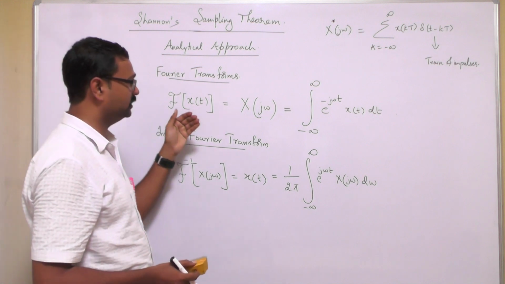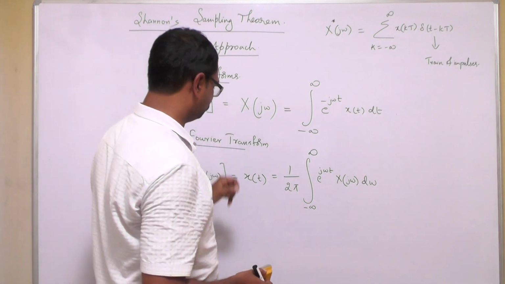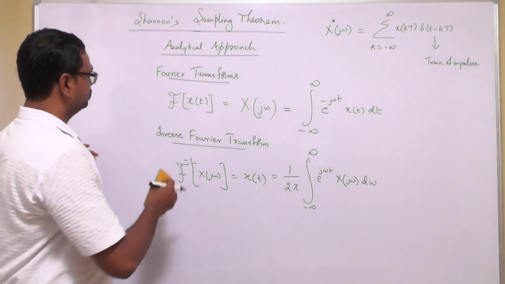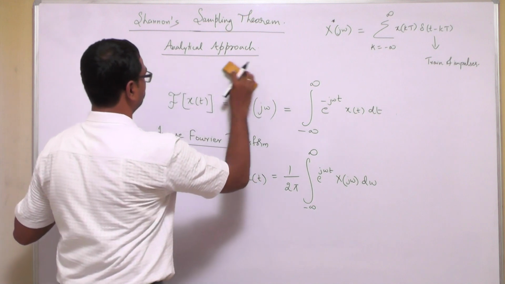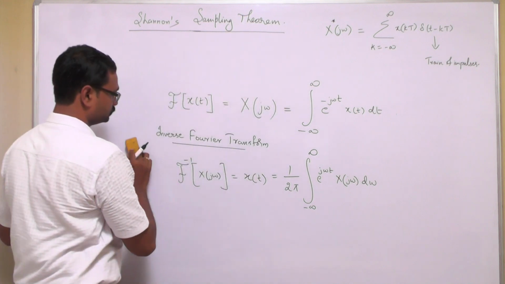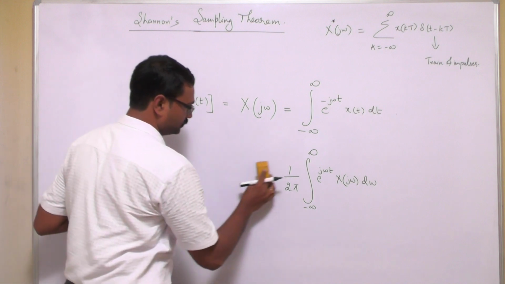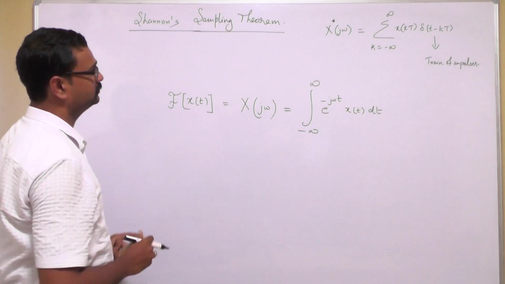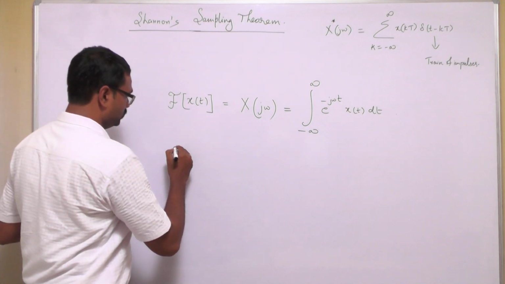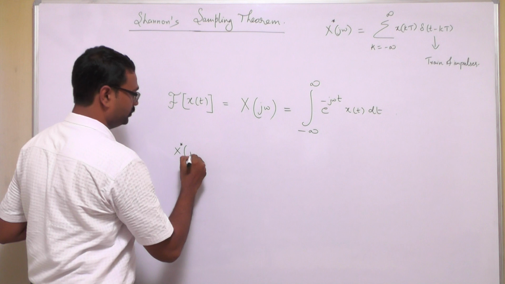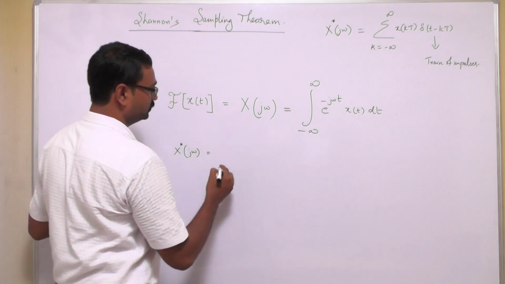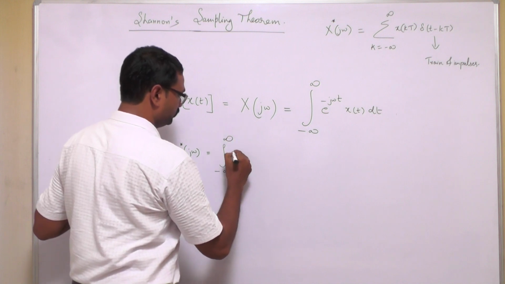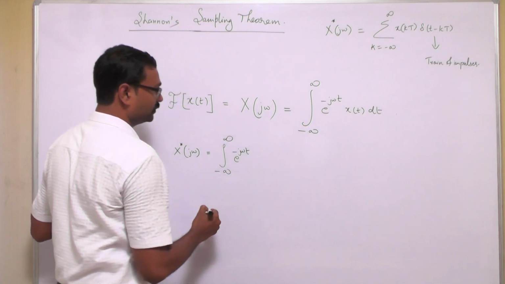Now when you apply that here, x star of j omega is equal to the integral from minus infinity to infinity of e power minus j omega t, and